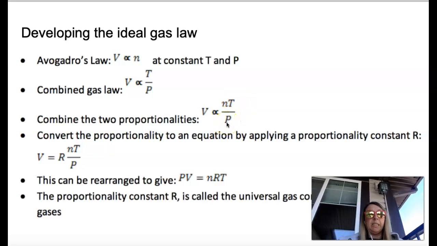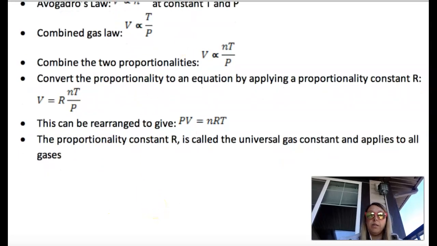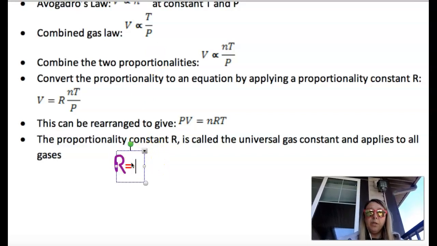Similar to what we did the last time, we want to convert the proportionality to an equation. We're going to use a proportionality constant. Last time we used k. In this case, we use R. R is the universal gas constant, and that's going to be the number that we use. This number is given to you, and it is that R, switch over to typing so it's a nice clean number, is equal to 8.314